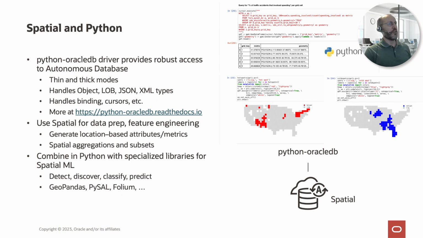The last item I just wanted to mention was Python. And so we've talked about database developers, database development. Well, there's also the whole realm of machine learning and data science and that whole realm of development. And Spatial is a great fit here because, first of all, we at Oracle have this Python Oracle DB driver, basically this module that provides robust access from Python to Oracle database, in particular Oracle Autonomous Database,